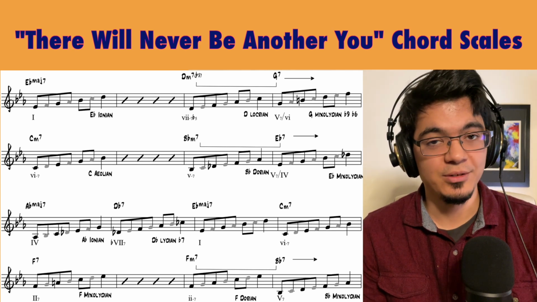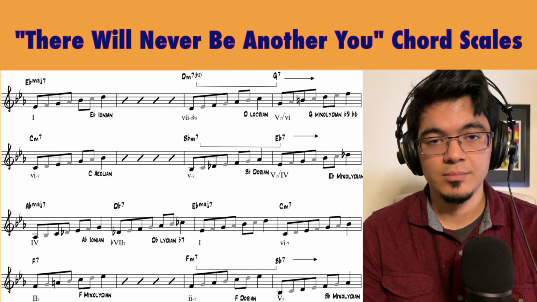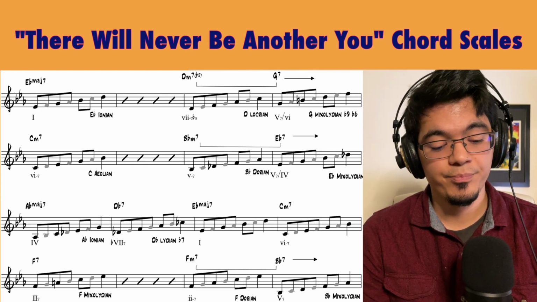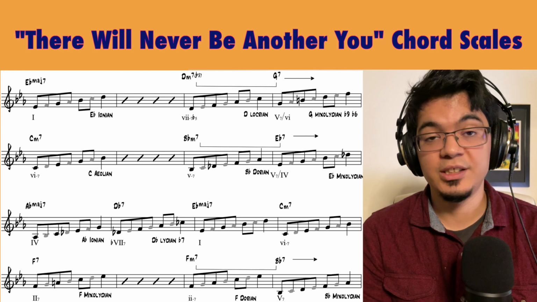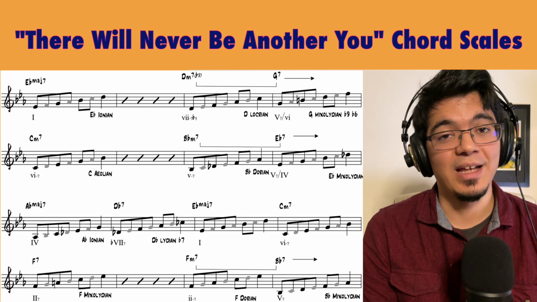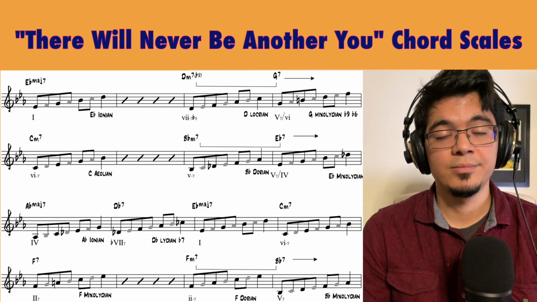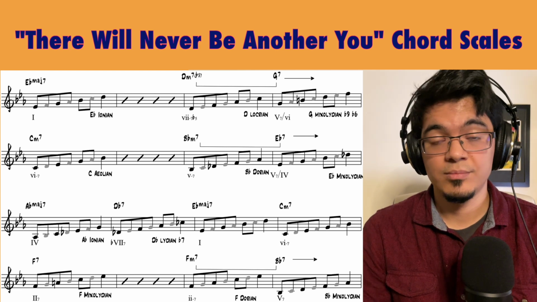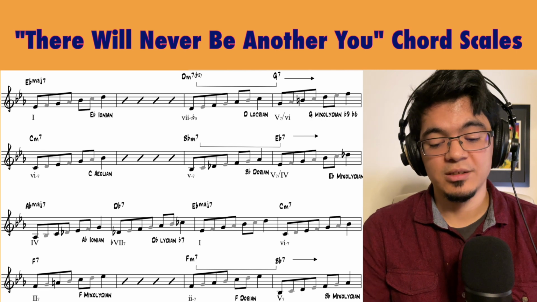So for our E flat major 7, we have our E flat Ionian scale, D minor 7 flat 5, our D Locrian scale, to G7, which is our C harmonic minor starting on G, which is G Mixolydian flat 9 flat 13, C Aeolian, to B flat Dorian,